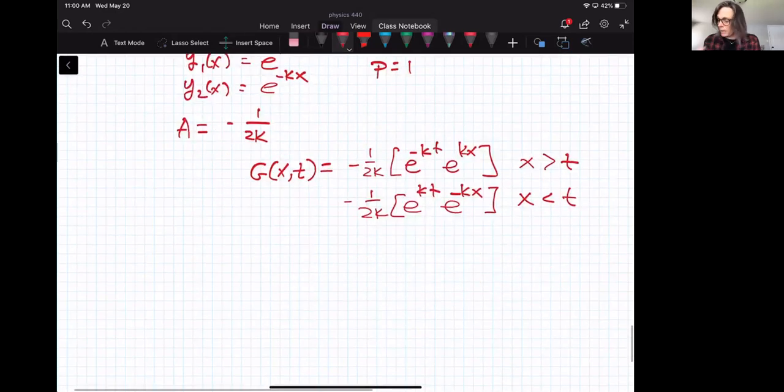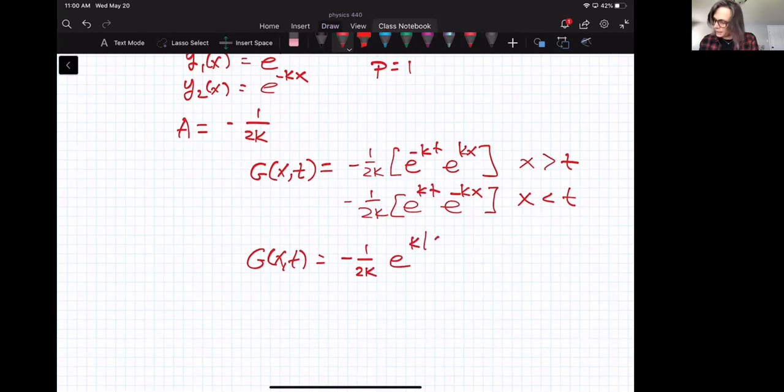Or one way of combining all of this would be that g of x,t is equal to minus 1 over 2k times e to the minus k absolute value of x minus t. Okay,